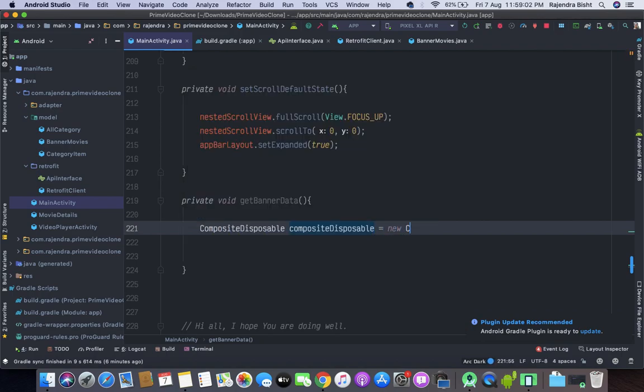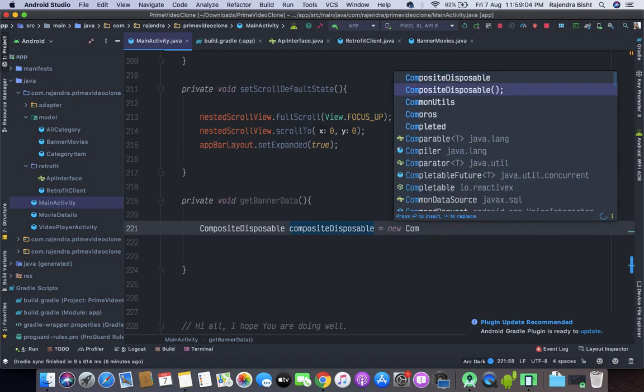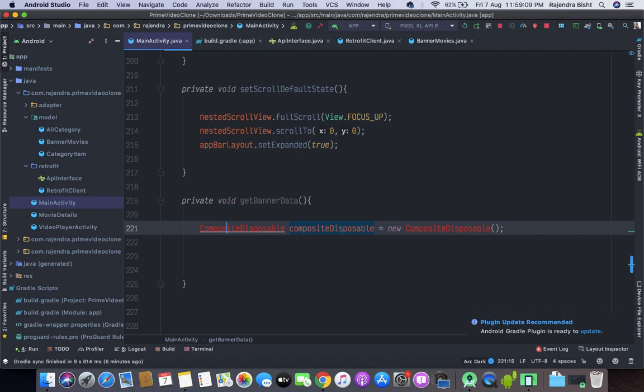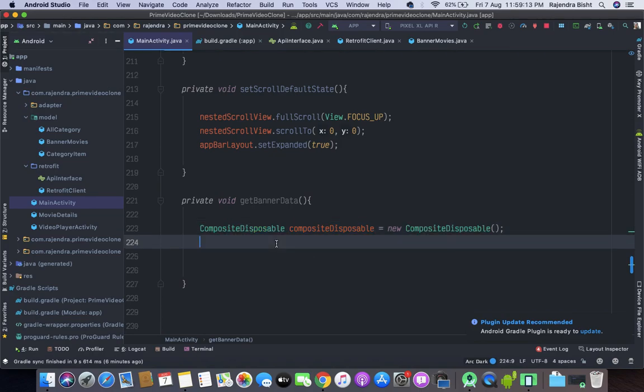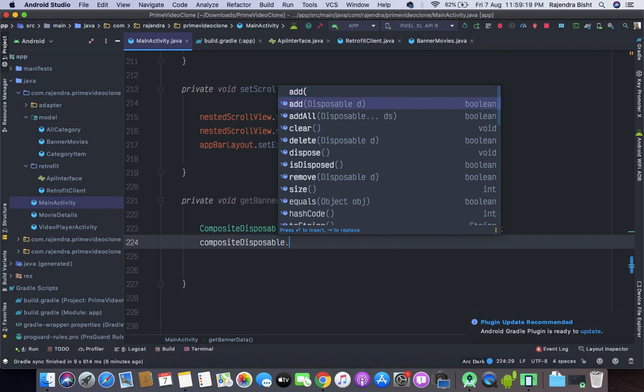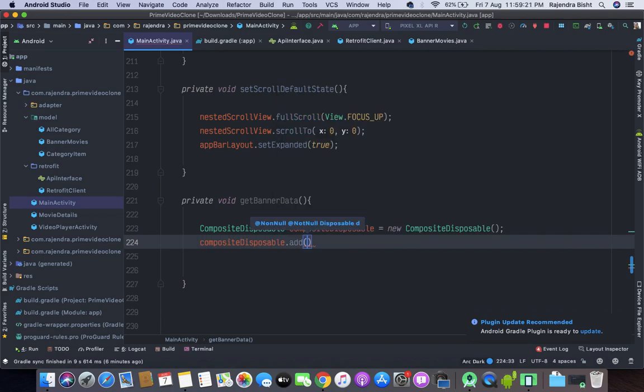Equal to new CompositeDisposable. compositeDisposable.add.